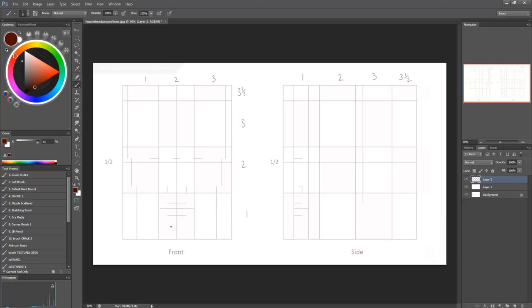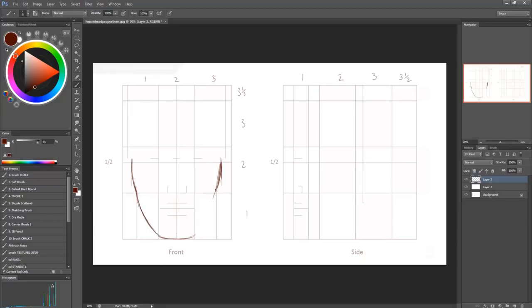So I'm going to start with the chin, and the chin is pretty much going to occupy this second column. So I'm going to get that in, and what I'll do then is get in this cheekbone area. I'm starting at the top and curving it towards this line. And then I'm going to continue that, but not just connected like that. I'm going to bring in the jaw then,